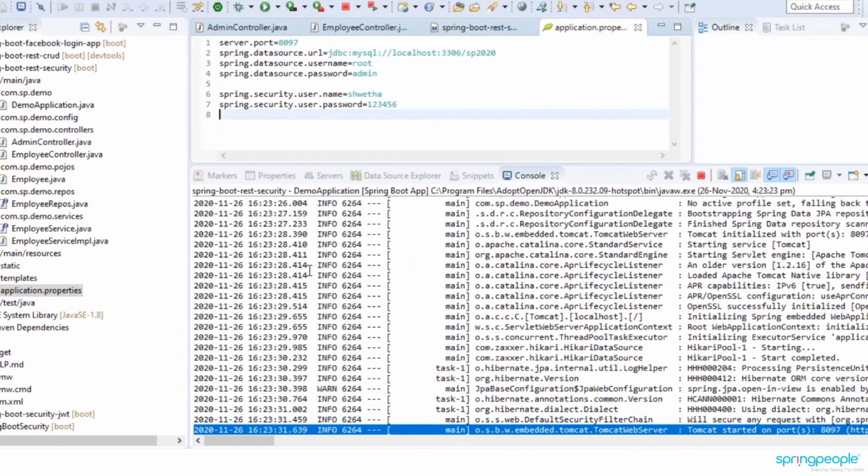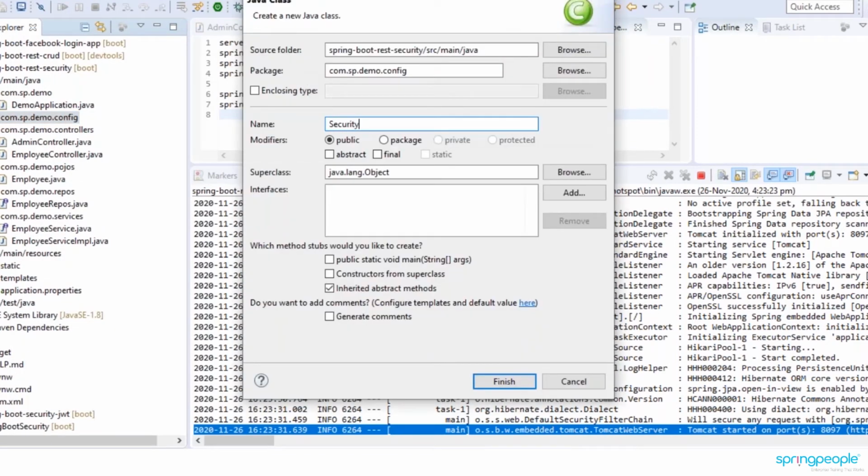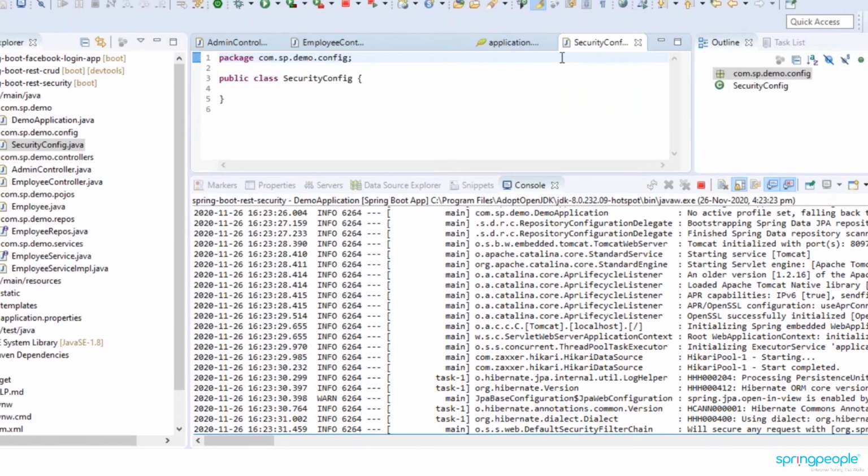So it's one level of security which we got. Now I want to configure my own username and password. I don't want this login page which was coming. I want to customize that. We can configure our code with the customization of security, where WebSecurityConfigurerAdapter is a class which we can configure. To provide the configuration, we will create our own class in the config package, named SecurityConfig, and I'm just clicking on finish. This is the new class which got prepared.